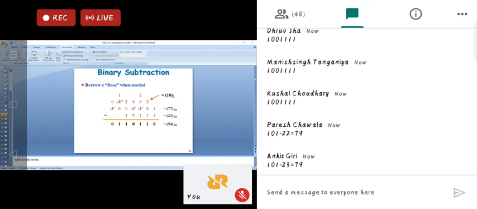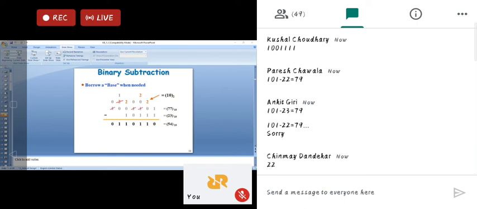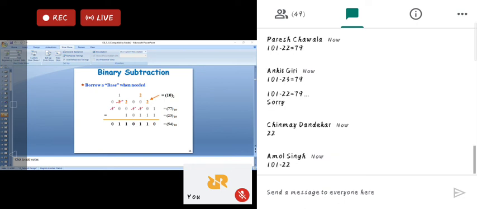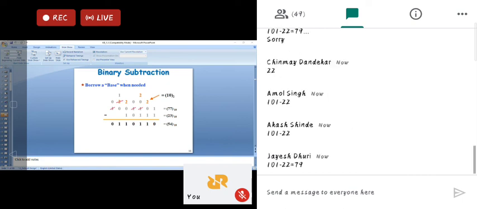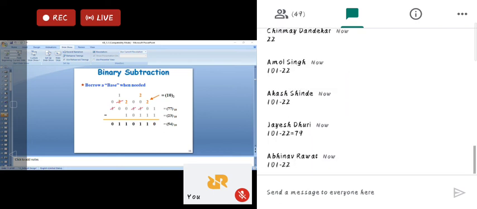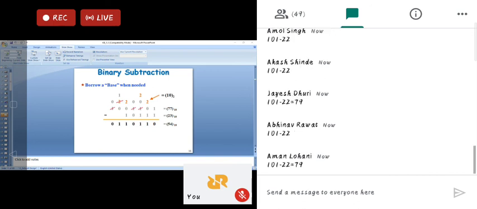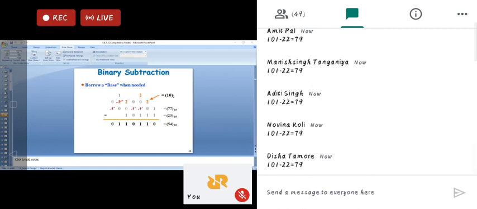अरे ये क्या हो गया? 23 या 22, दोनों में से कोई तो रॉन्ग है। हाँ चलो, सब लोग अभी एक लाइन पे आ गए. 101 minus 22. I have given some random numbers, and you people have correctly solved it. Whether the answer which is in binary is 79, have you cross-checked it?